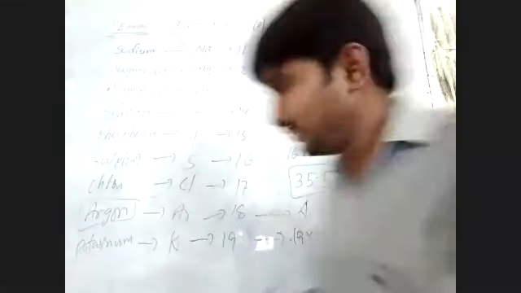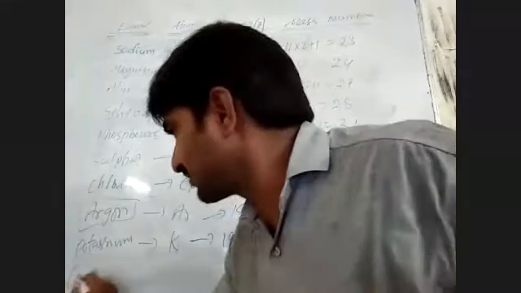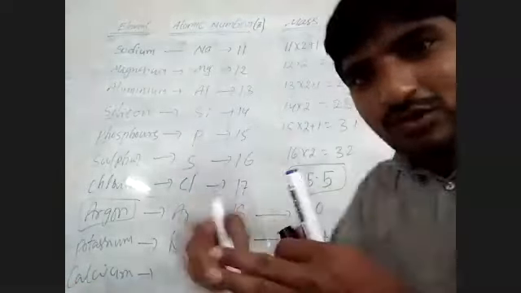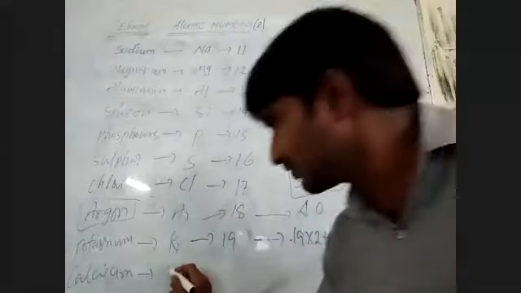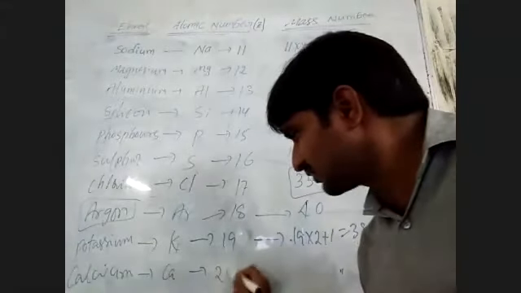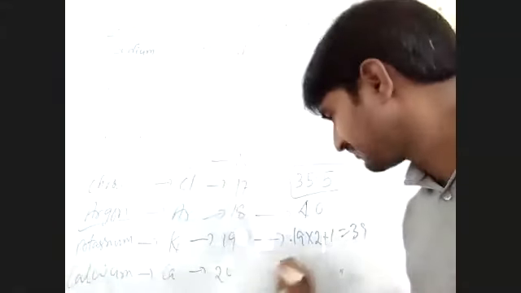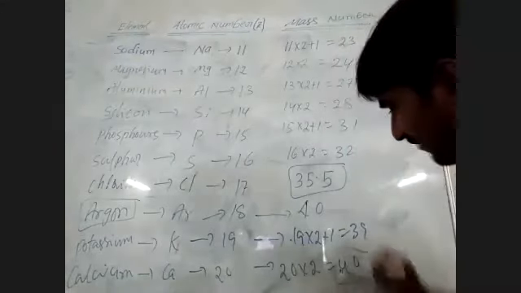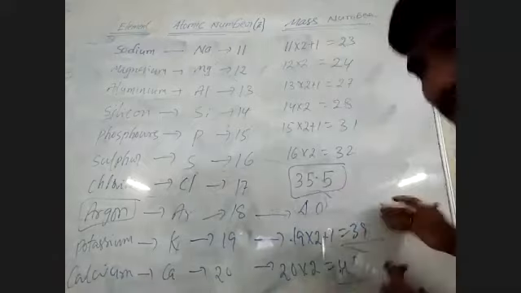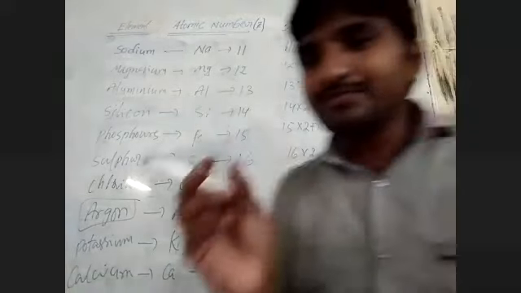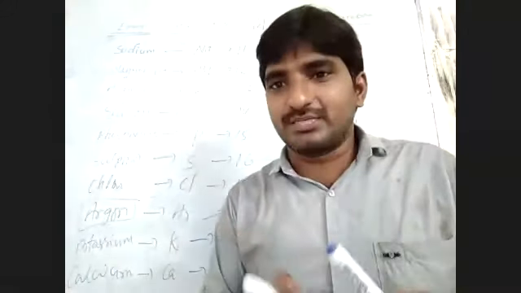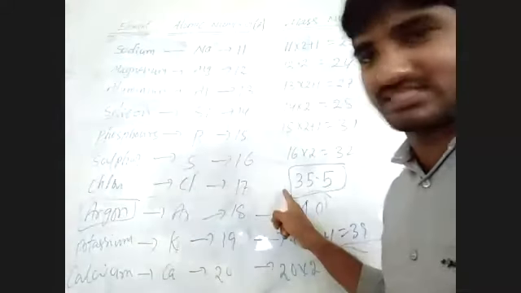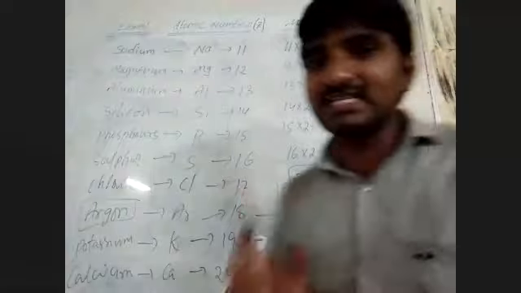Next session I will tell. Now, this is called calcium. If I tell you everything now, you will not understand. You have to go section wise. So calcium is 20. Is 20 an odd number or even number? Even number. So 20 into 2 equals 40. See here, 40 comes after 39. What is the reason? I will tell you why chlorine takes this value, 35.5. The reason is isotopes.